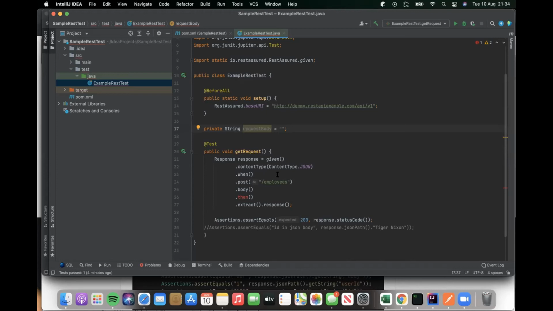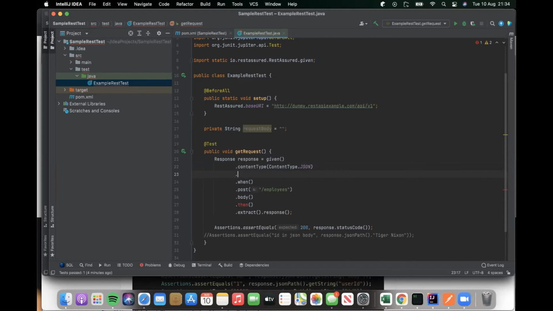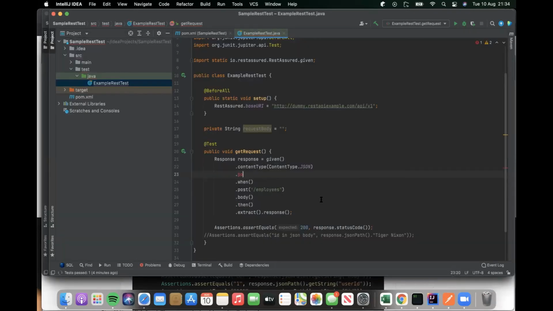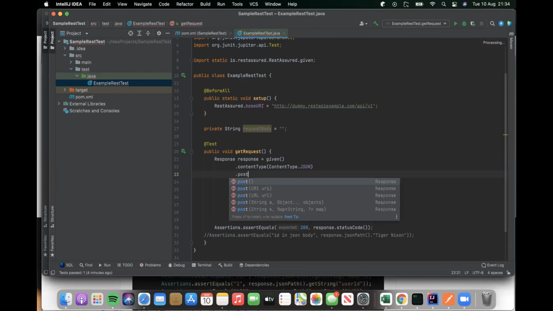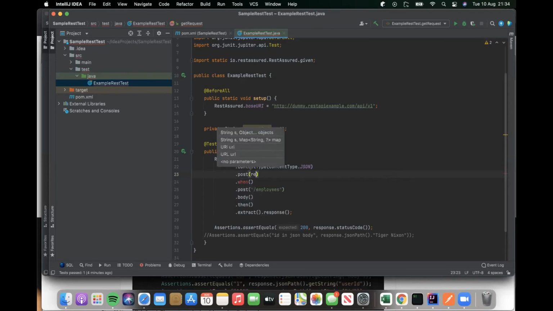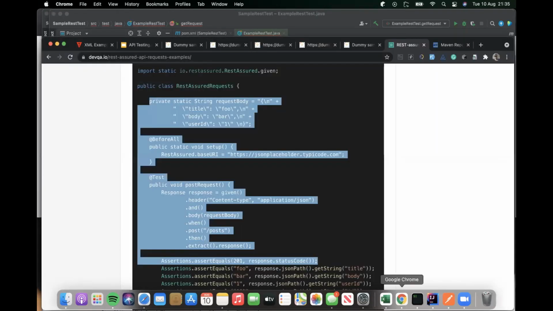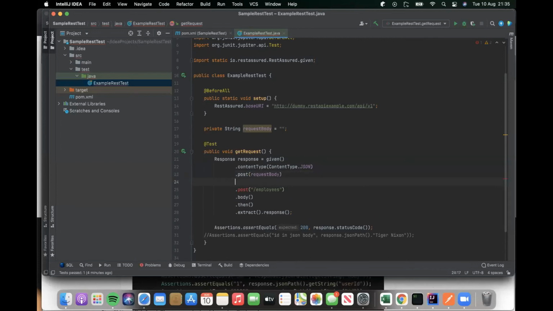And then the dots post. So I think when post request body, then dots when,